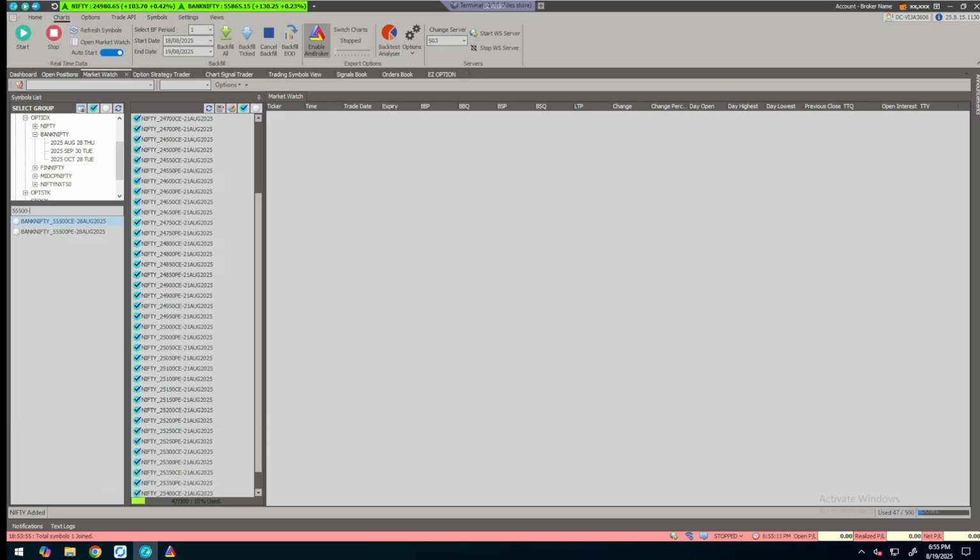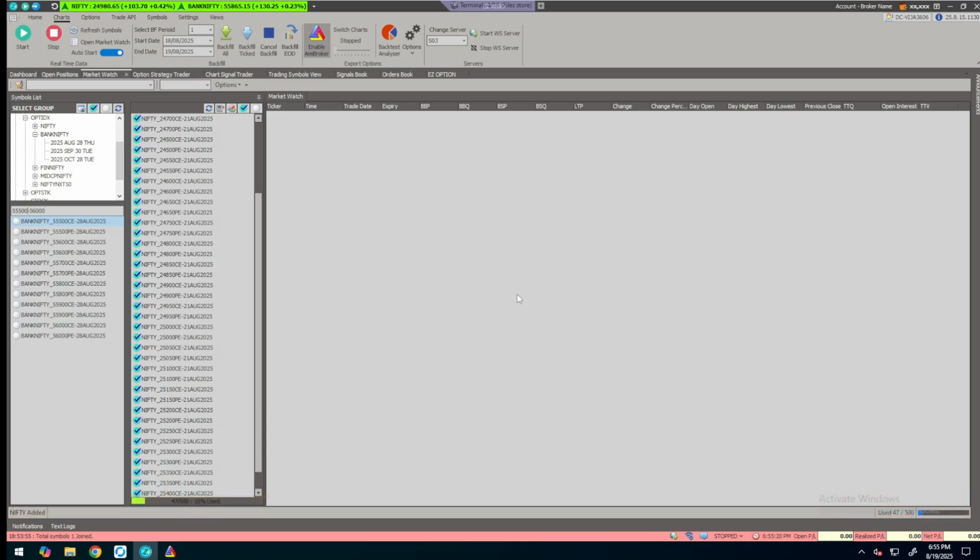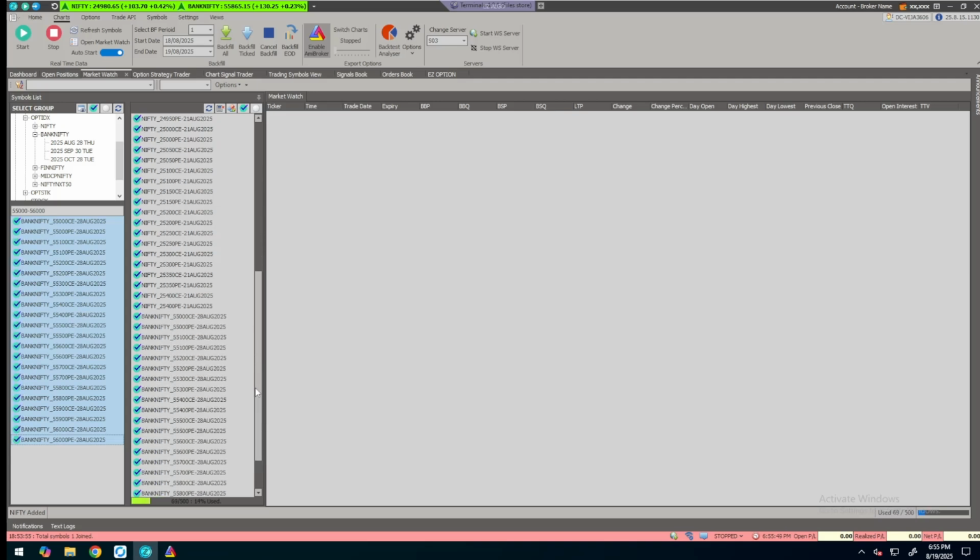55,500 till 56,000, you can select a range of strike prices by entering the beginning of the range and the end of the range. If you want to select 55,000, type 55,000. Now all the strike prices starting from 55,000 till 56,000 are displayed here. So all you have to do is press Shift and select all the available symbols, then press the spacebar on your keyboard. As you can see, once I pressed the spacebar, all the symbols that are selected are added to the